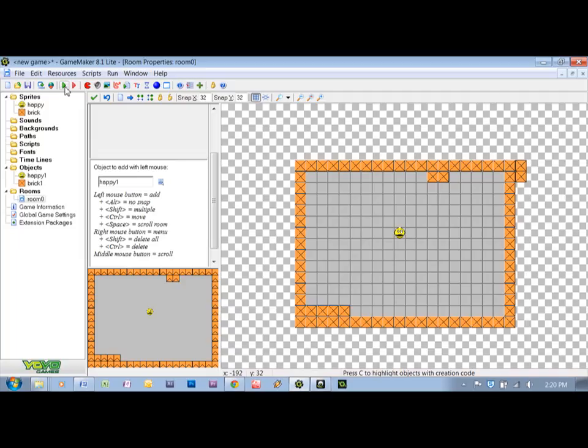The window's always so small. Well, I know, but